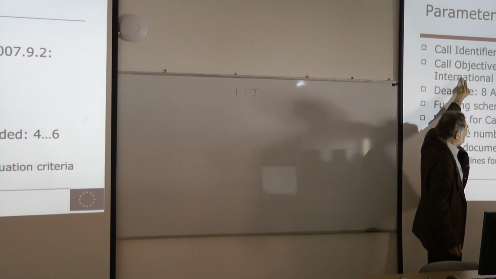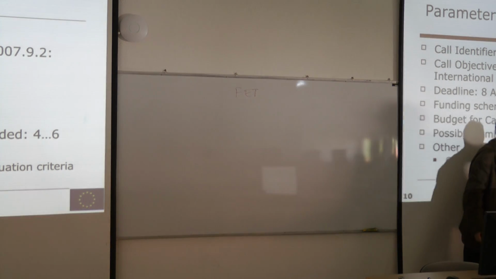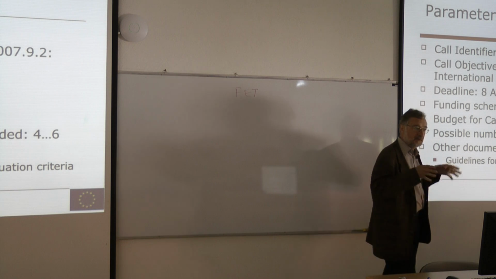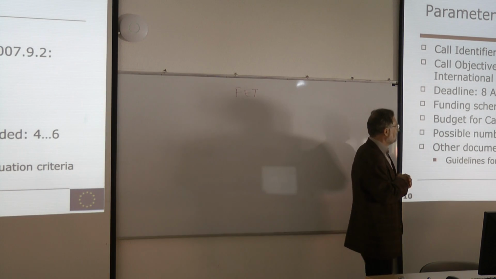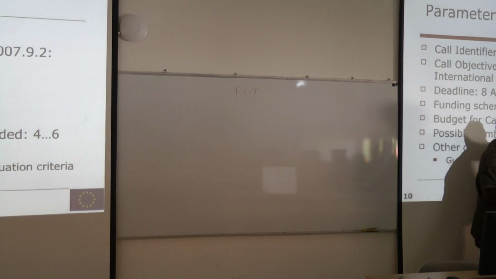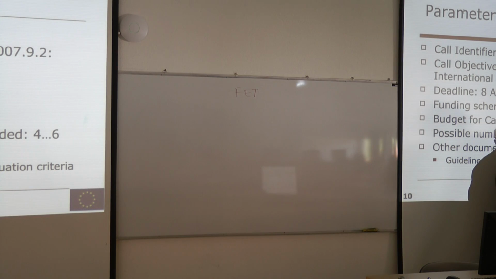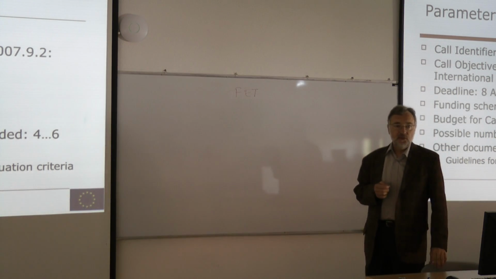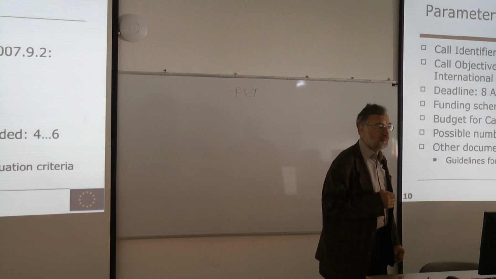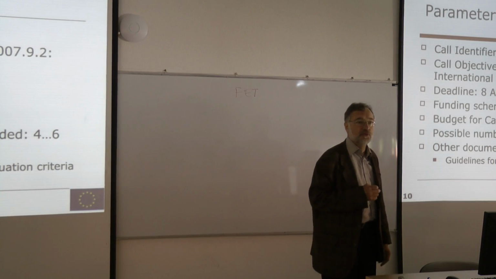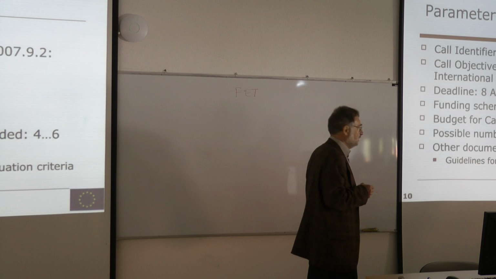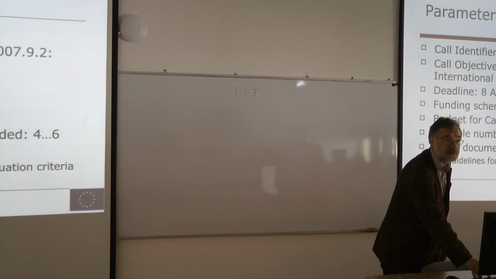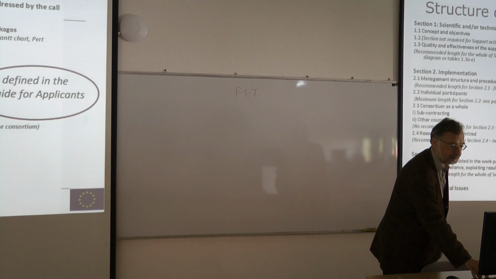As part of the objective, the European Commission would fund maybe a maximum of 6 projects, so we could make a kind of guess that this 5 million euro should be available for around or for a maximum of 6 projects. We could then conclude that if we write a proposal, we should have a budget of maximum 1 million euro, not more, to get accepted. There are other documents.